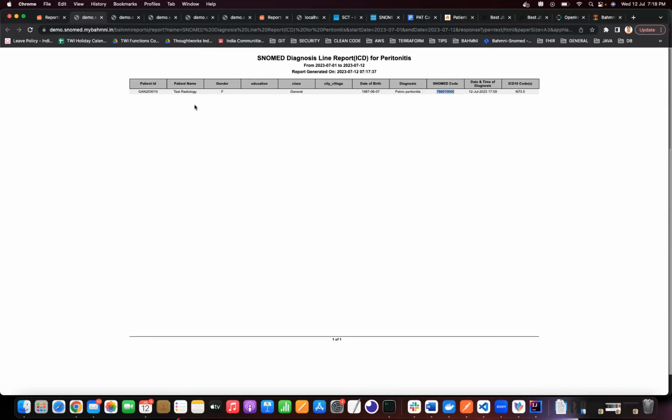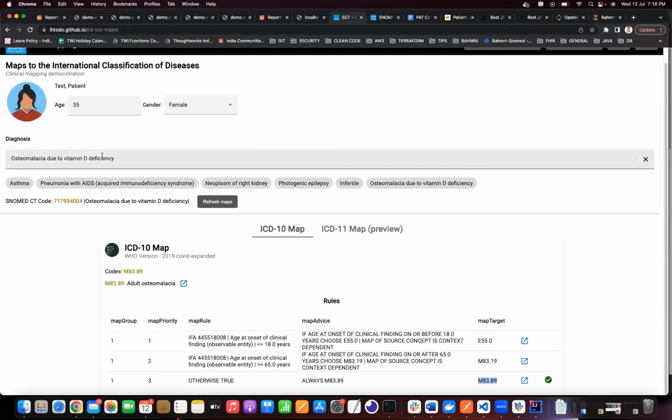Okay. And as you can see, the gender is female and the age is somewhere around 37 or 38. So if I apply the same thing here, the result is N73.5. If I apply the same thing here in this application,